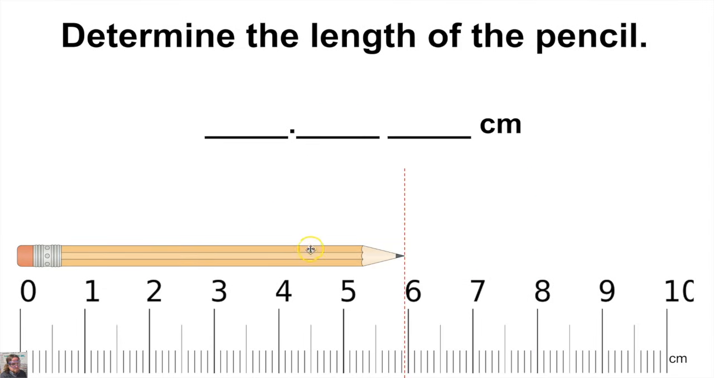If we take a look at this pencil here, we can see that the pencil here is at least 5 centimeters in length, and you guessed it, it's 5.9 centimeters with 100% certainty. And now we have to estimate what this hundredths place is going to be, and it looks to be just a little bit shy of halfway in between this point here and this point here, so we'll call that 5.94